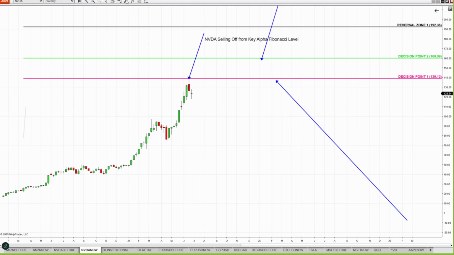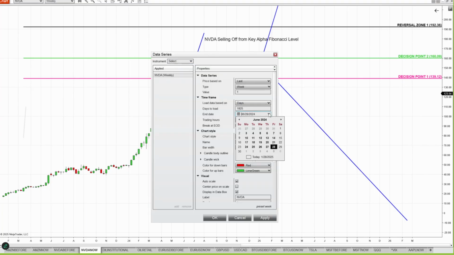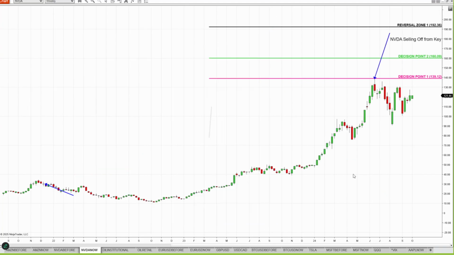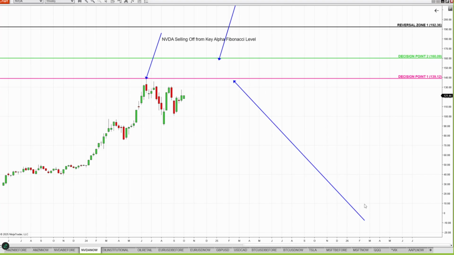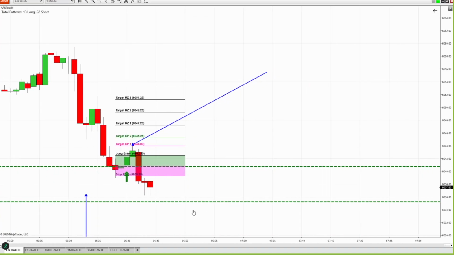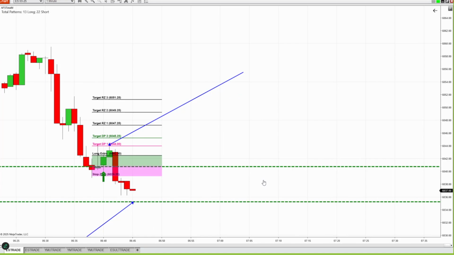When this level remains a problem for Nvidia for months, Nvidia reminds you again and again, price always moves one step at a time. Nvidia has been stuck at this level for the next 6 months. Let's take a look at S&P. How long will we be stuck here? Could be hours. Test the zone. After all, we are at the bold green zone.